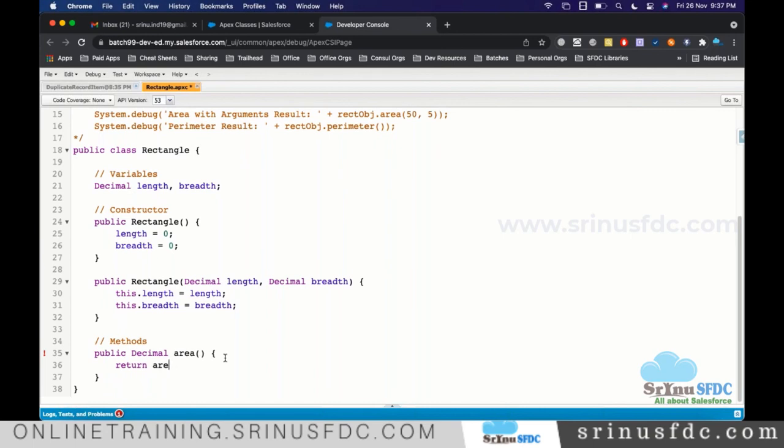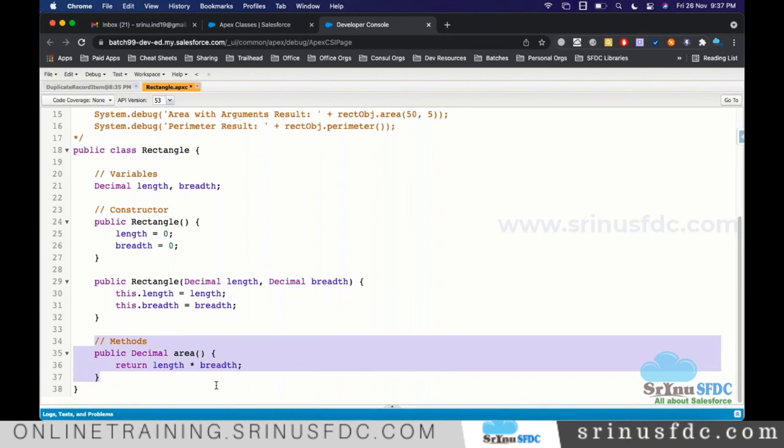So for area, all we need is to multiply the length value and the breadth value and return it. Like 10 and 20, it should multiply and give the result. When you call this method, you can expect the resultant calculation value. That's what will happen.